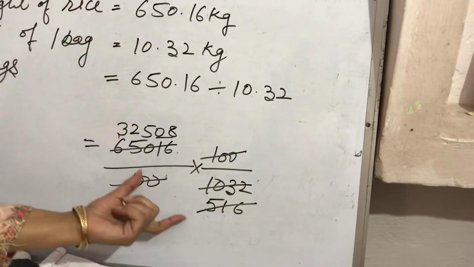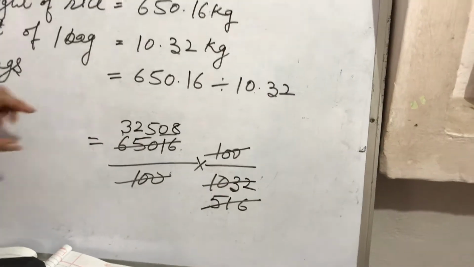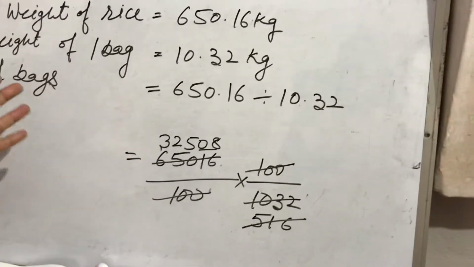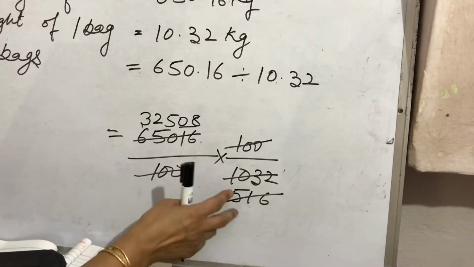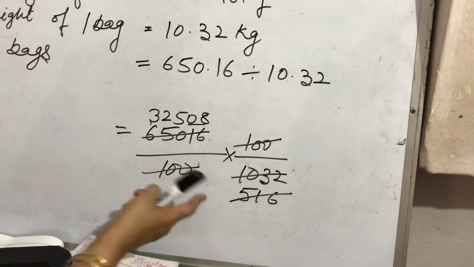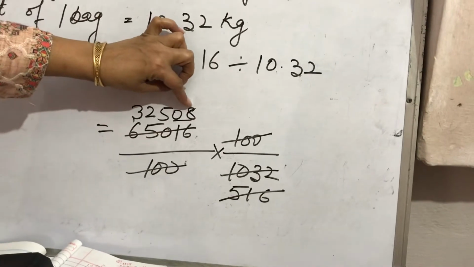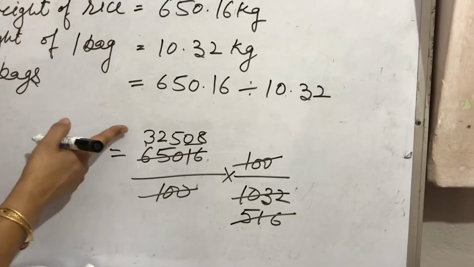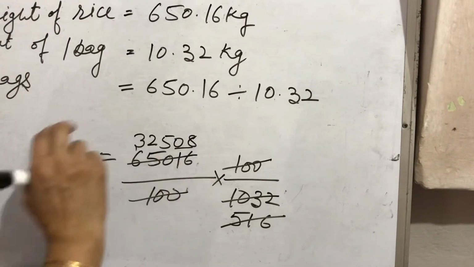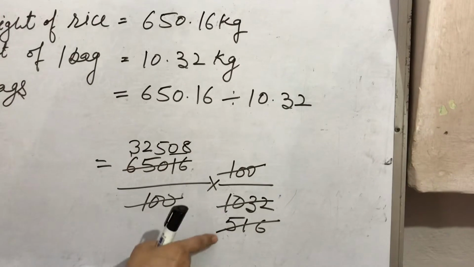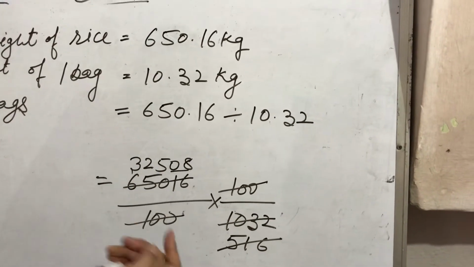If the number is bigger and you don't know the table, you can check by divisibility tests. For divisibility by 2, if the last digit is an even number, it will be divisible by 2. For checking divisibility by 3, if the sum of the digits is divisible by 3, the given number will be divisible by 3. If the last 2 digits are divisible by 4, then the given number will be divisible by 4. So both these numbers can be divided by 4.